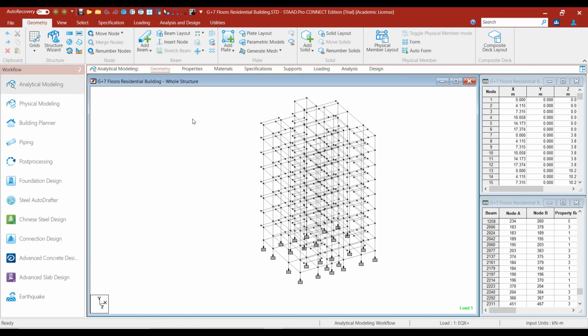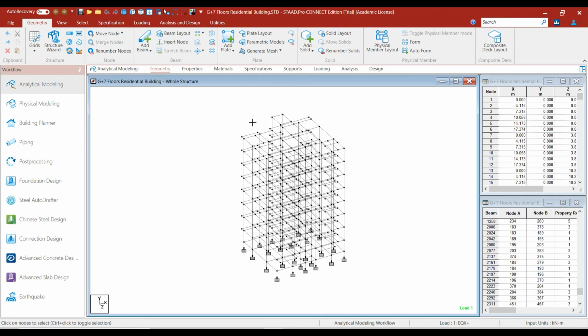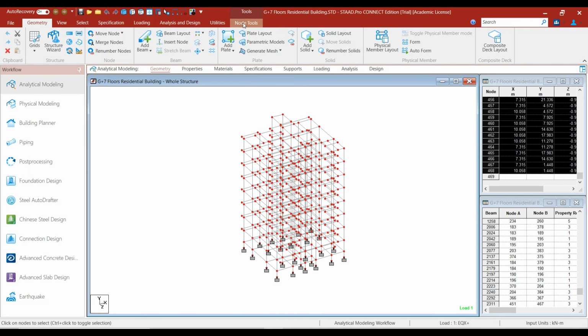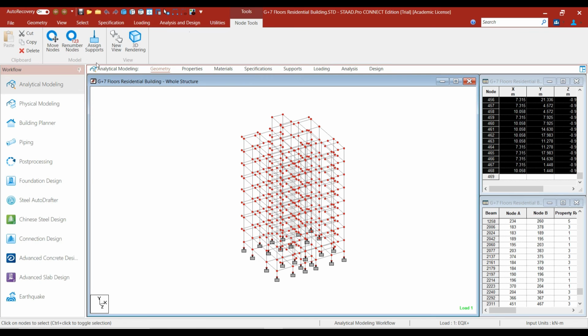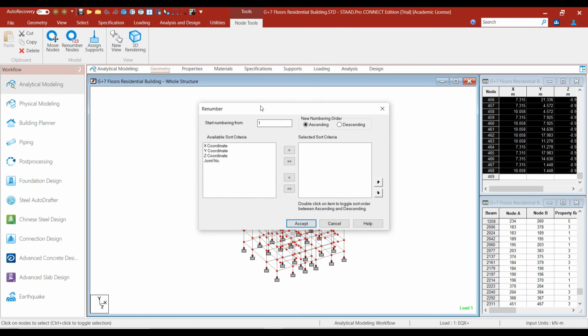Now let's apply the renumbering command to all the nodes as well. First of all, select the node cursor and select all the nodes like this. Now click on node tools and click on renumber nodes and click on yes.